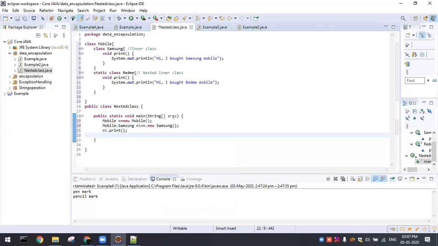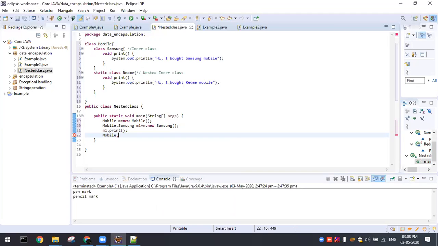If I want to take a nested inner class, that is a static class, what am I supposed to do? I don't want an object of the outer class. For a static method, I don't use an object; instead I can directly go ahead with the class name dot method name, right? Similarly here, outer class name dot inner class name.